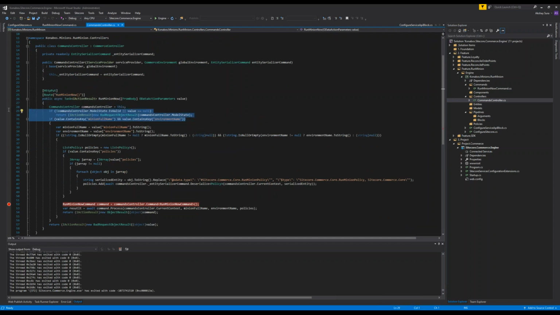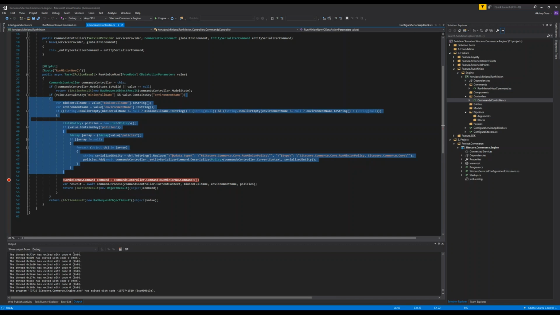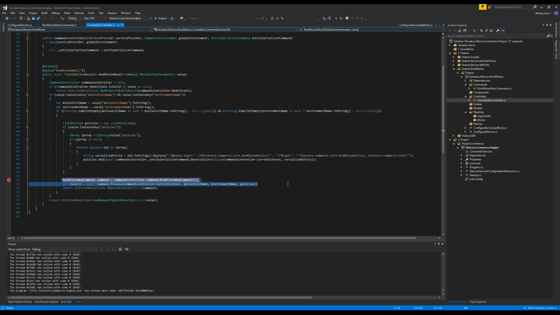We are going to make sure that it has the minion's full name and environment. If it does, and we are mandating that it does, just trying to get policies. In our case, there isn't a policy which we are passing through really, but you could pass a third parameter. I'm not making it mandatory, but if you have specific policies, we can pass that through. And here, calling the run minion now command and passing all the info to a custom command called run minion